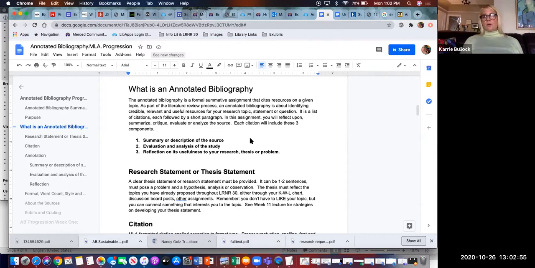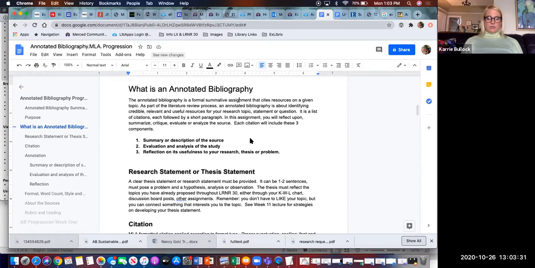And what we're looking for are 6 sources that demonstrate the variety of information that you can find on your topic. You cannot use sources that you've already used before. So you will need some time to do this assignment. This is not one that you can do on Sunday night. And I mean, you might be able to spend all day Sunday, but you'll want to allow yourself time to